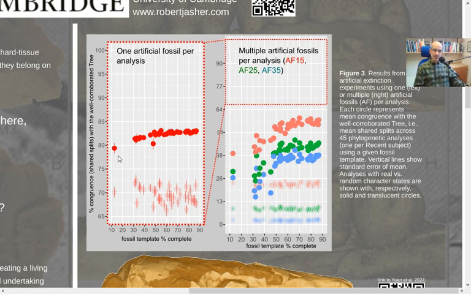And it's subtle, but I want you to observe that as fossil template completeness goes up, so does congruence with the well-corroborated tree. Now, there seems to be an asymptote here, right? About 50, 55, 60%, you don't really increase anymore. So that's kind of an interesting result, and one that contrasts with the next data set I'll get to in a moment. The other thing I should point out is these solid red circles are using real character states for the various